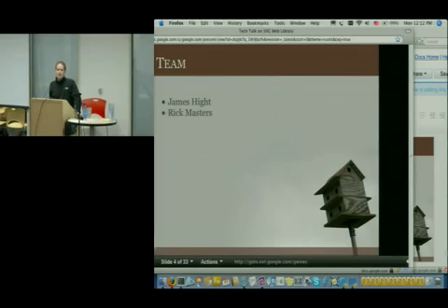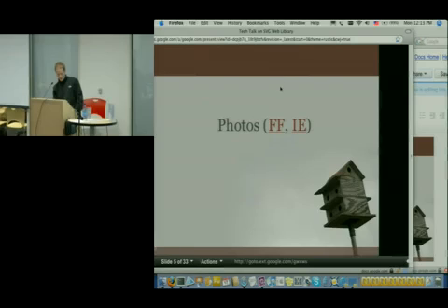I want to say, too, that it's been a really amazing team. I've done a lot of open source, and when anyone shows up and can contribute, it's amazing. I've had two of the best people I've ever worked with show up and do a huge amount of the project: James Height and Rick Masters. These guys are awesome. They've been hacking on their weekends and contributed a lot of the cool stuff. You'll see we've got basic font support, video and audio, a lot of really cool stuff that they've done, and it's been really amazing. So I want to start out by showing you